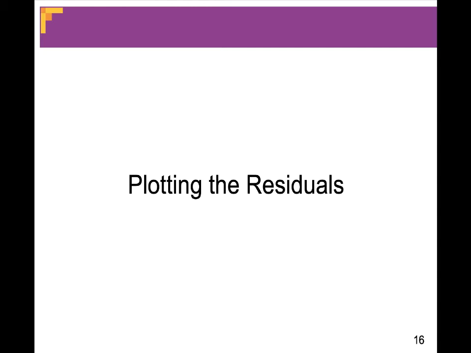When assessing the quality of a regression line, one of the things that we should do is plot the residuals. Now, we would have already looked at a scatter plot and we would have calculated the regression line, but this additional check where you plot the residuals can often tell you if there is some sort of bias happening somewhere in the data where certain values tend to be overestimated or underestimated, while others tend to be really close to